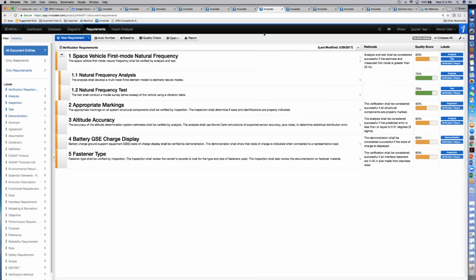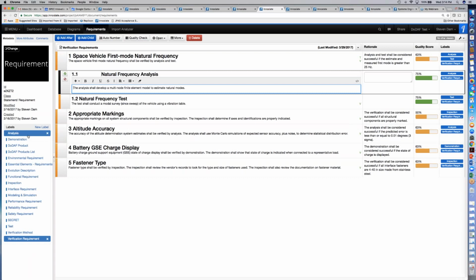Another thing, and I'm going to switch to another project here. I'm sorry I'm jumping a little bit, but I'm starting to run out of time, so I want to leave a little bit for Q&A. This is one where we've actually done some traceability and verification requirements. And so you see these are actually the verification requirements for this particular model. It's a space vehicle in this case, not a big policy document. And so now we're tying that together, and we also have labels for these that we've associated with how it's going to be verified. So through analysis in this case,